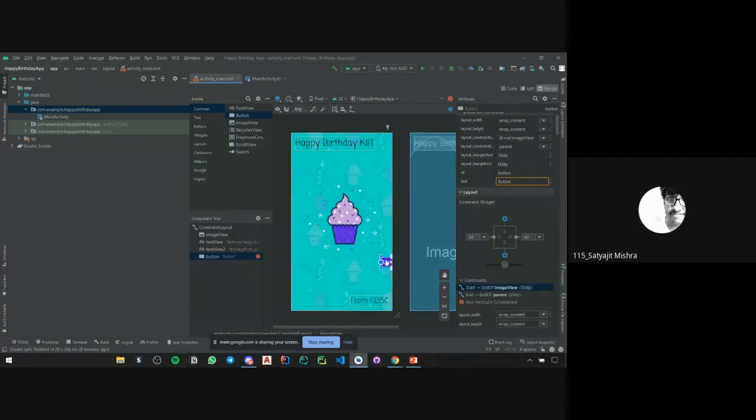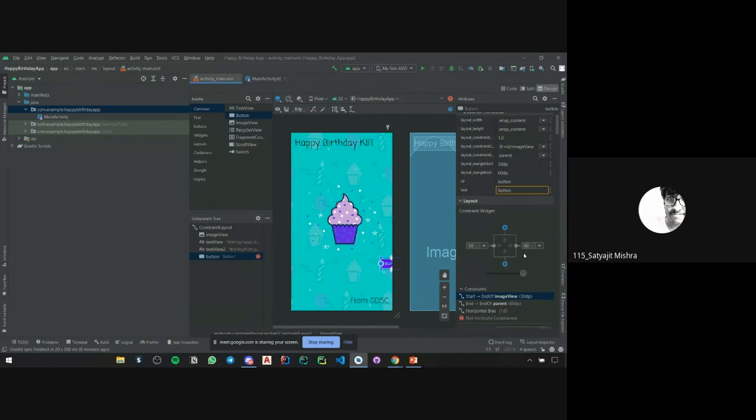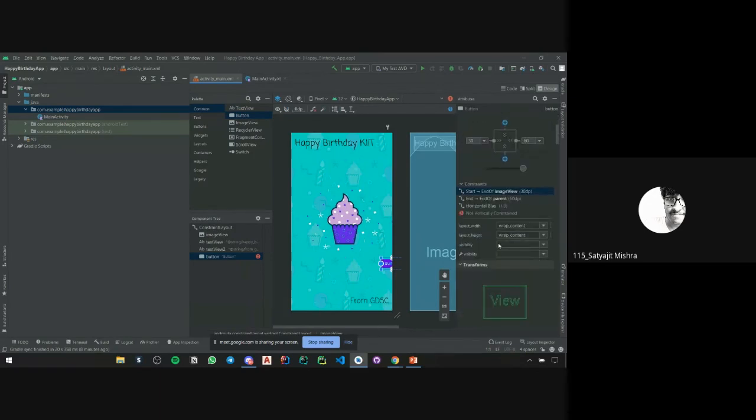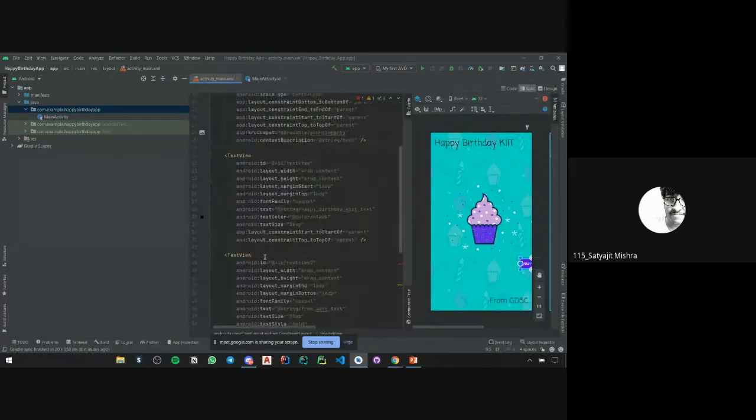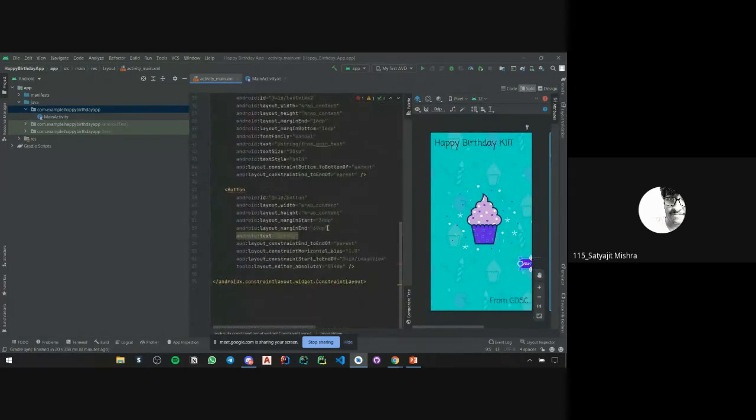Savansh, in the third attribute, change it from image view to parent. Go up. In the code, change it from image view to parent, in line 56.